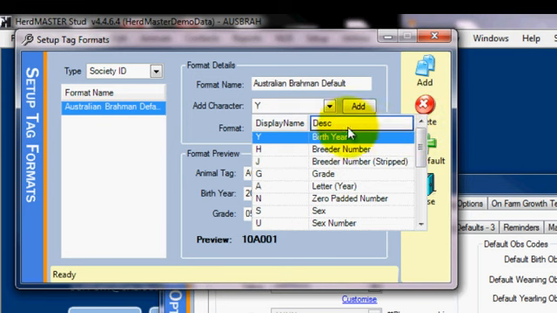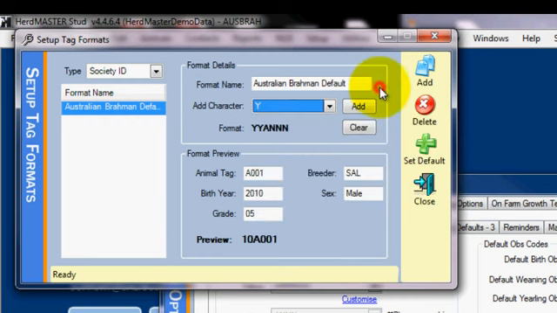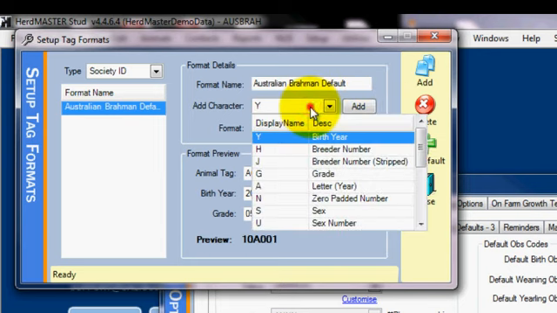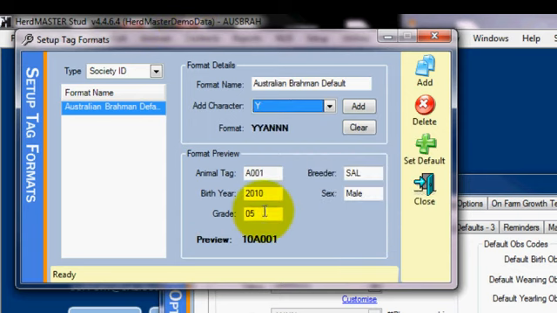The left column has the character, and the right column tells you what information it adds to the ID format. Numbers work right to left as you add the characters. Here we have breeder number and breeder number stripped. A stripped character means that it removes excess spaces, or in the case of numbers, any zeros at the front of the number. Down in Format Preview we have all the information we need to test our ID,